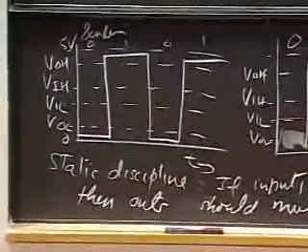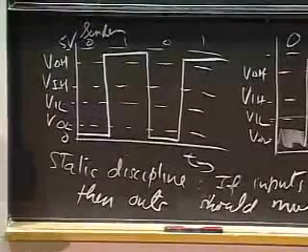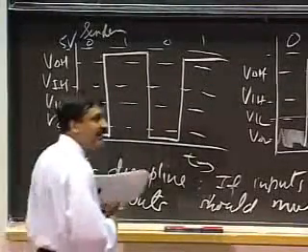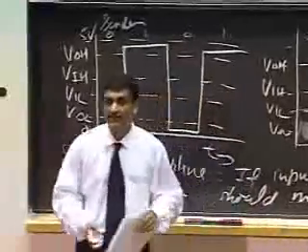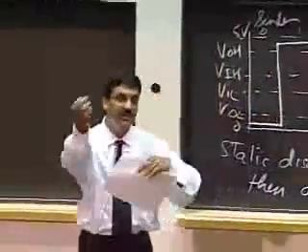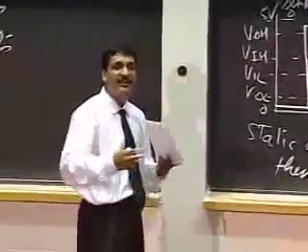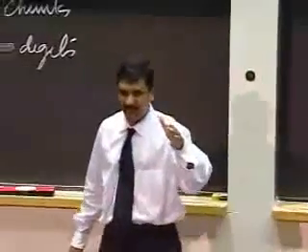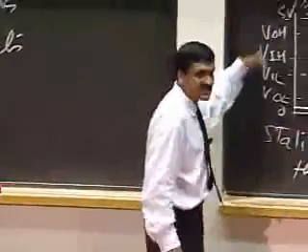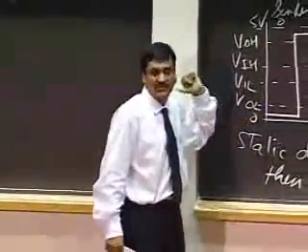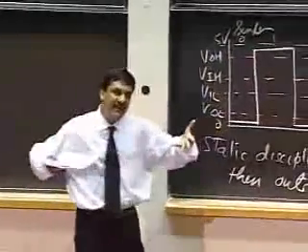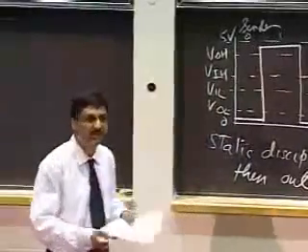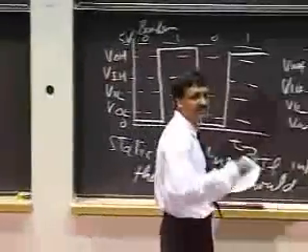talk to each other. So if Intel and Motorola want to make parts that are compatible with, say, Pentium 4 devices, then they will all talk over the phone or something and agree on a static discipline. They will say that, all right, all my peripherals will follow a static discipline with the following voltage thresholds. And this way, parts made by different manufacturers can interoperate and still provide immunity to noise. Yes, question?